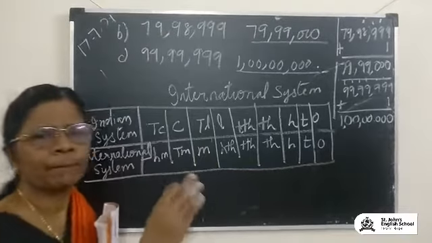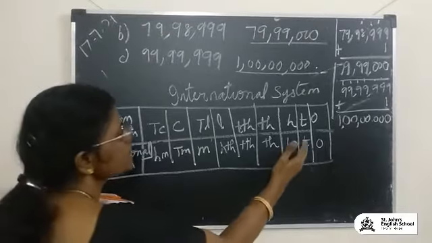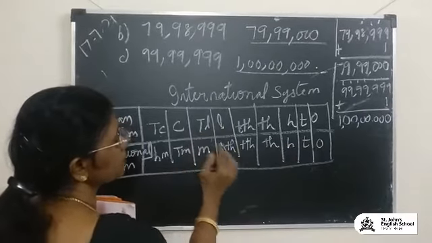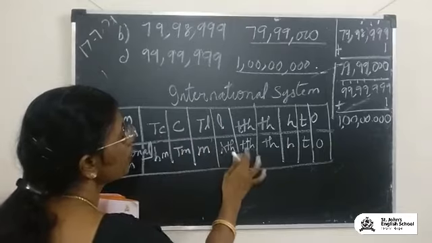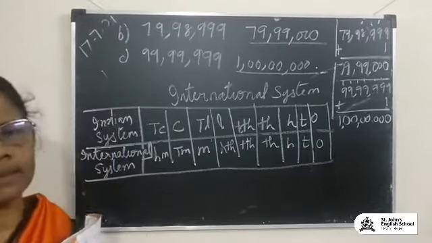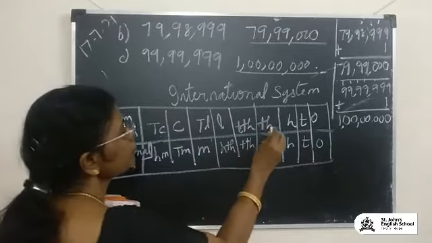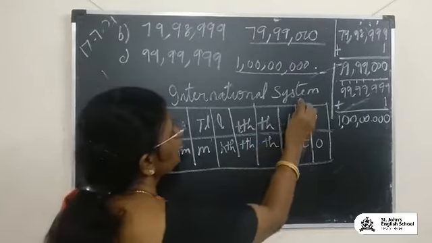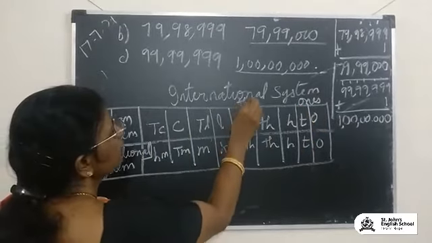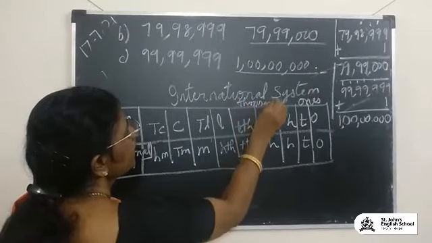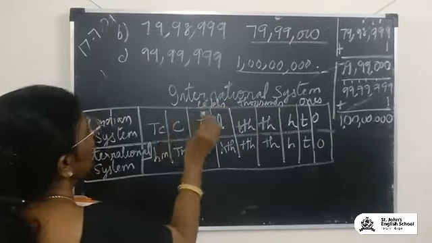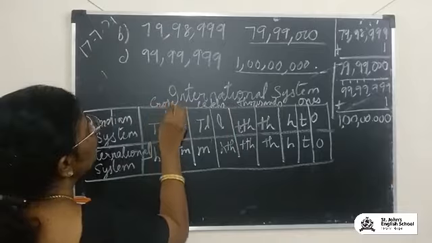So just to compare and writing, okay, ones, tens, hundreds, 1000, 10,000, but then from lakhs it will change. It will have 1000, 10,000, 100,000, million, 10 million, 100 million. But here what we are doing, children, the places will be different, okay. First you are writing the ones period, then you will have the thousands period, and then you will have the lakhs period, and then you will have the crores period.